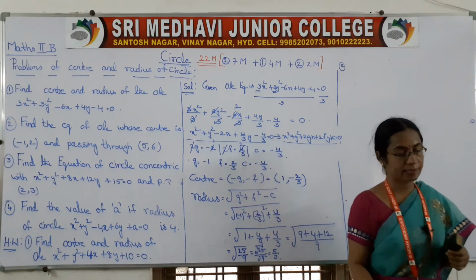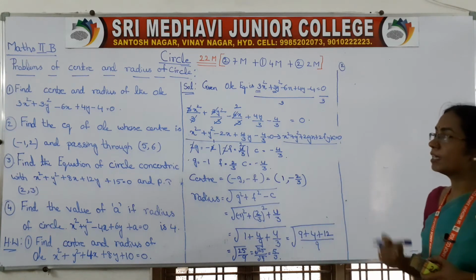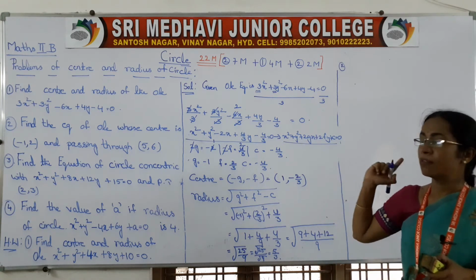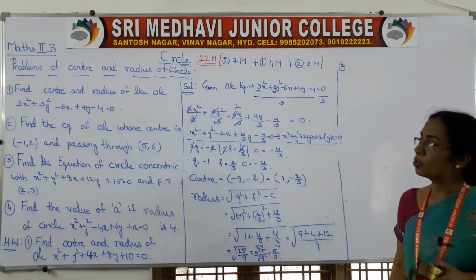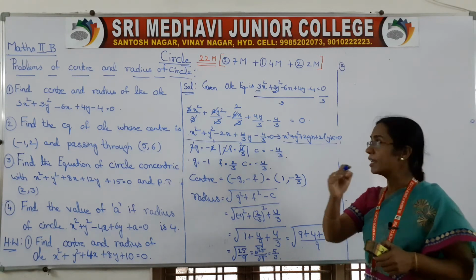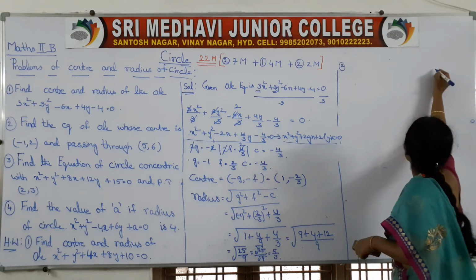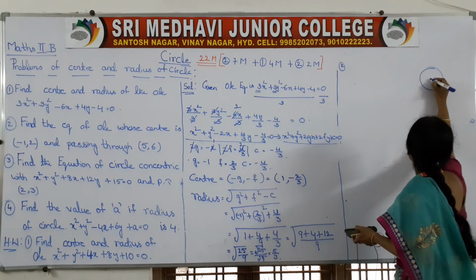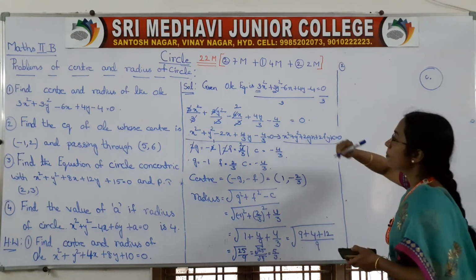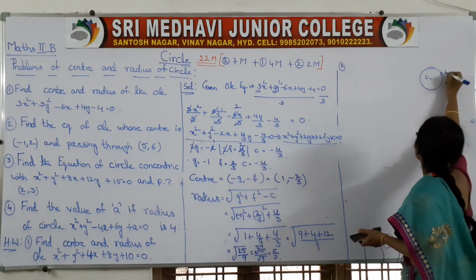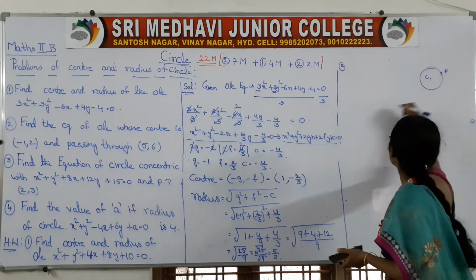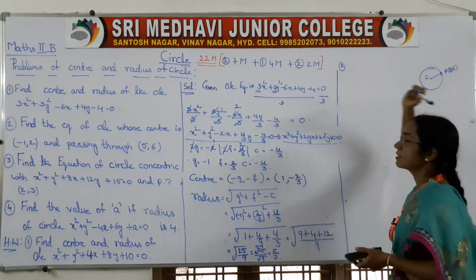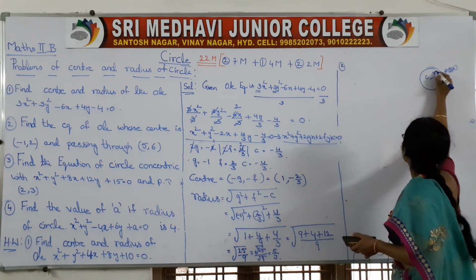If we want to write the circle equation, we require two things. One is center and one is radius. Center is given to us and the radius is also given indirectly. How? See, this is your circle and center is given to you and it passes through one point, (5, 6). So, if we take the distance CP, that is your radius.